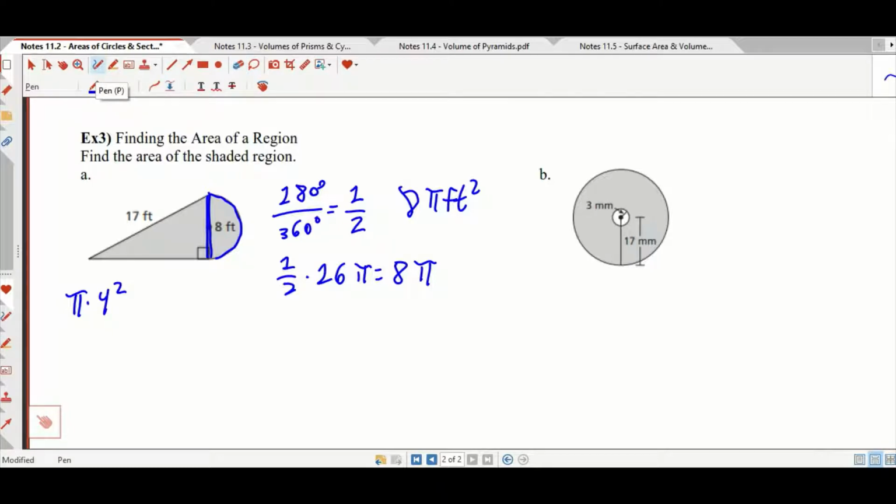Now, what about this triangle? Because the problem is that I don't know what the height is. Like I know what this is, but I don't have an altitude here or an altitude here to use either of those as a base. So we got to use the Pythagorean theorem to find this unknown distance here. That is 8 squared, this leg, plus x squared, this unknown leg, is equal to 17 squared. And 8 squared is 64